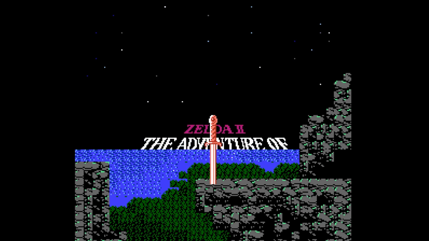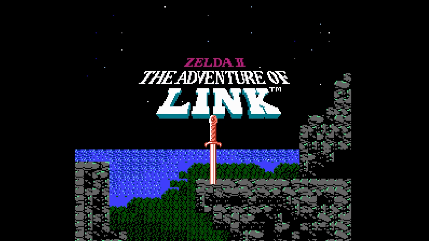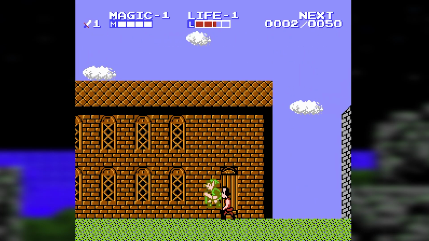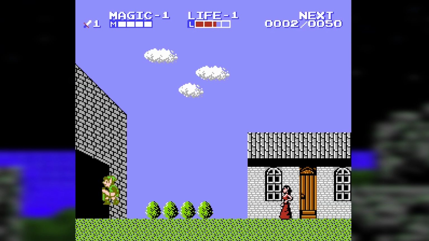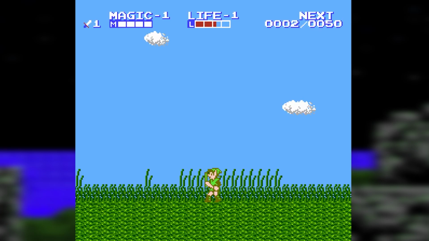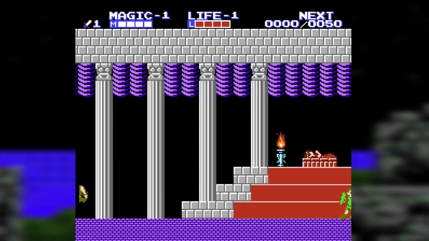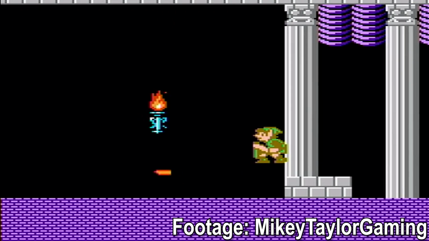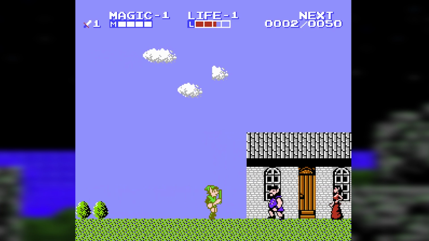Zelda II, although not being the most fun to go back and play, has some really weird glitches that are super easy to set up. The first one being a small quirk that can only be done on emulators, as it requires both the left and right buttons to be pressed simultaneously. As the game never expects this to be done, the effects caused by this glitch are pretty crazy. Link will start sliding around everywhere and build up insane amounts of speed, causing teleporting and even loading errors in the background, like completely removing certain tiles. It's really hard to choose which direction you want to slide in, so this glitch is only really used in